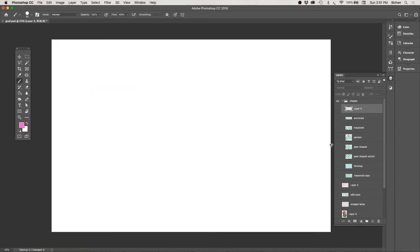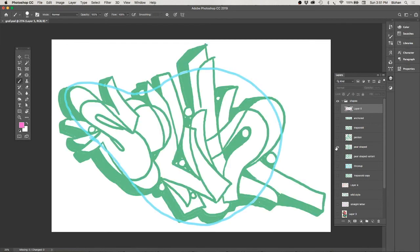Another one that's one of my favorites is the pear-shaped kind of letter form, where it's kind of distorted. It's a little bit more asymmetrically balanced. It's a little bit more dynamic as a result. But again, it's still that same straight letter built in, but now it's like squished essentially, because